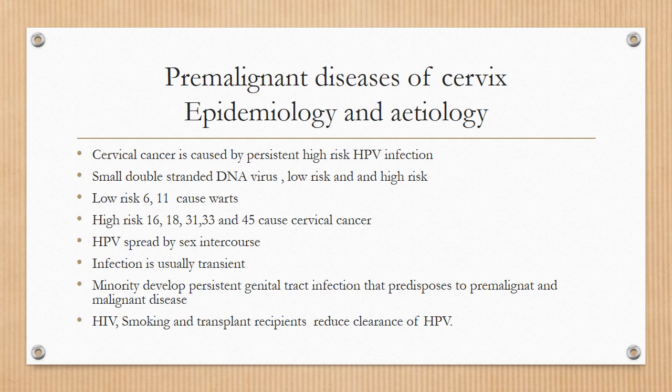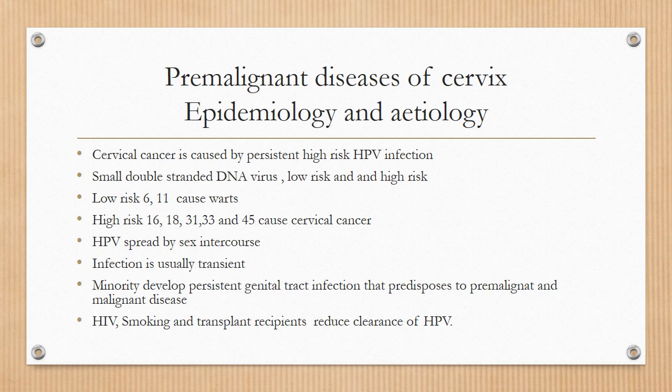Up till now, there are 100 different types of human papilloma virus. There are low risk types, 6 and 11, that cause warts, and there are high risk types, which are 16, 18, 31, 33 and 45. They cause cervical cancer. HPV spreads by sexual intercourse. Infection is usually transient. In a minority of patients, they develop persistent genital tract infection that predisposes to